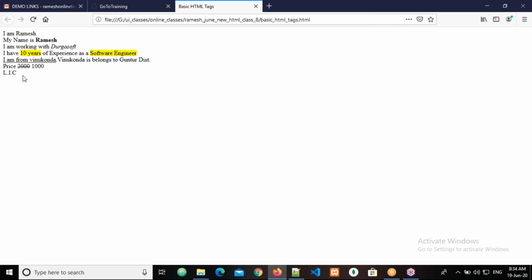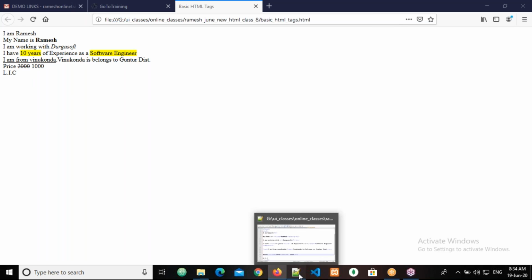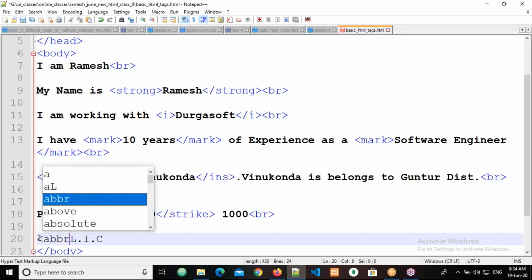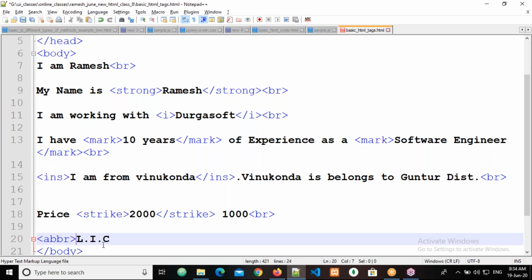So how can I do that? I want to display the full form by utilizing the ABBR tag. What is that? The ABBR tag. So now come here, less than ABBR, and close that ABBR here. Save it. Now come to the browser